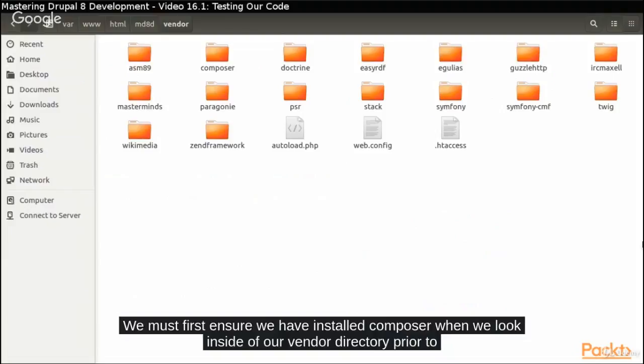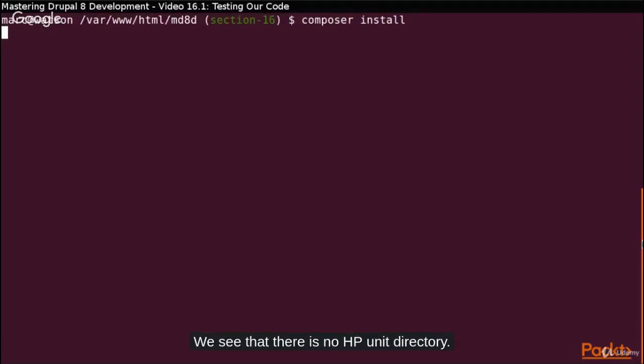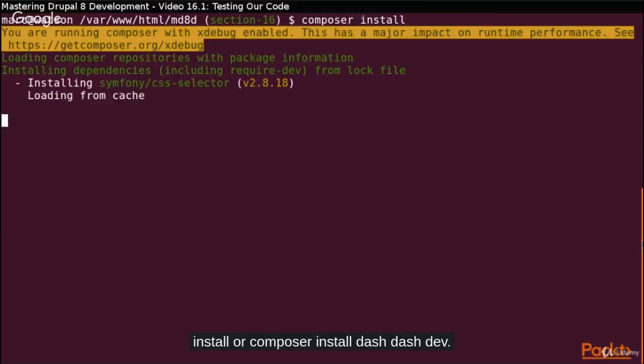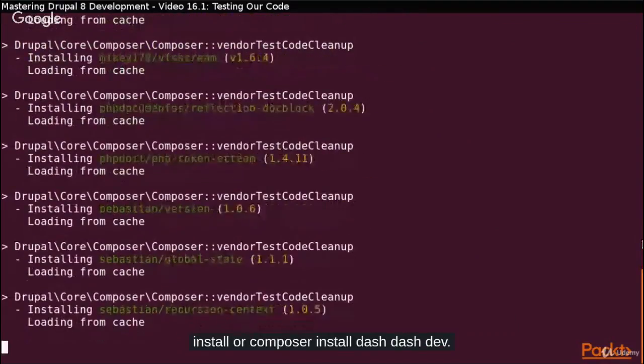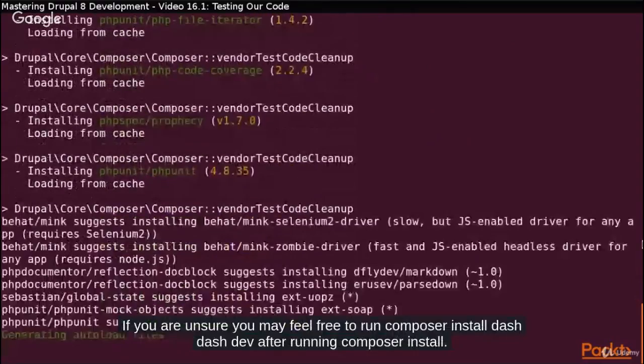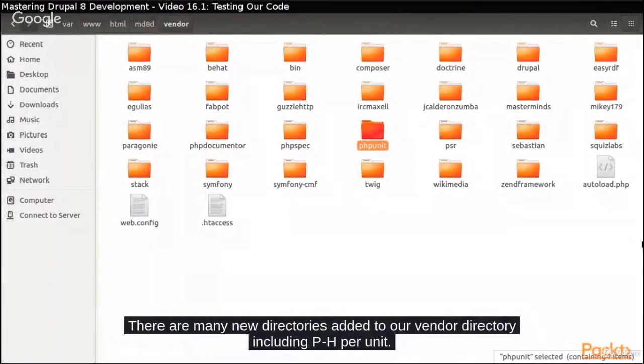When we look inside of our vendor directory, prior to running Composer, we see that there is no PHPUnit directory. Depending on which version of Composer you install on your system, you will either need to run composer install or composer install --dev. If you are unsure, you may feel free to run composer install --dev. After running composer install,